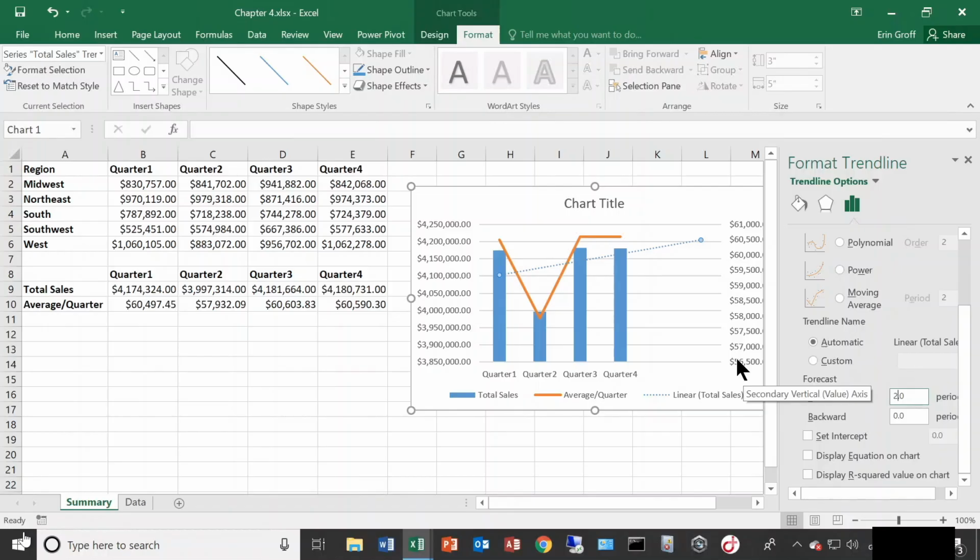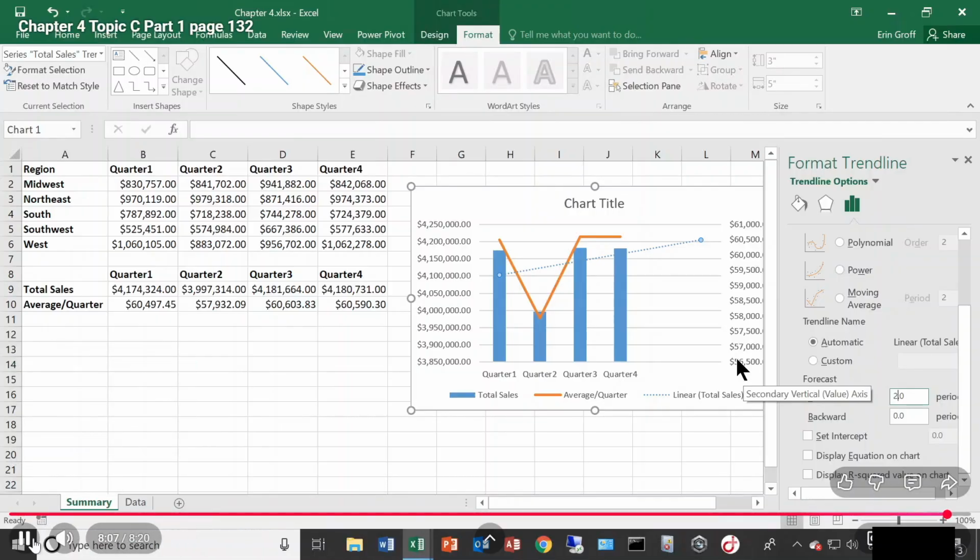All right, so that is an example of forecasting. I can close out my